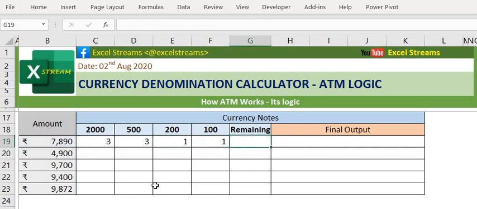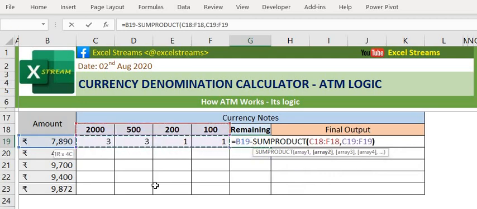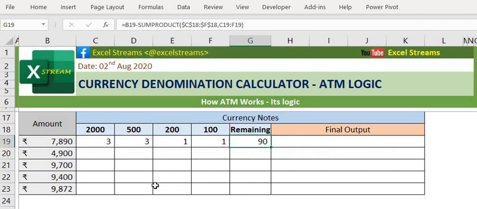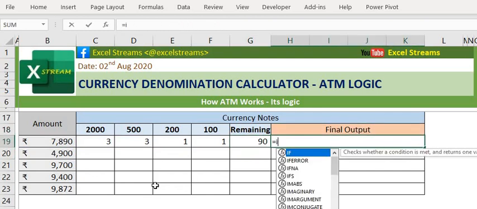We'll use this minus SUMPRODUCT of this and this, and over here we'll freeze this into this. And the final output, what will the ATM do?